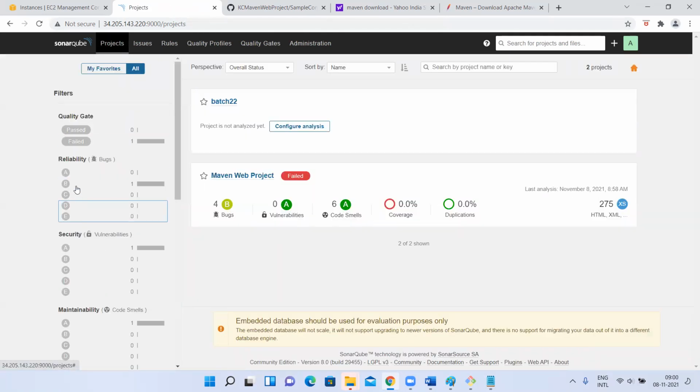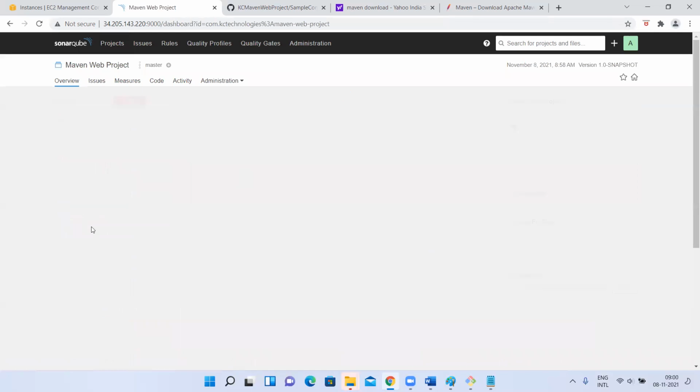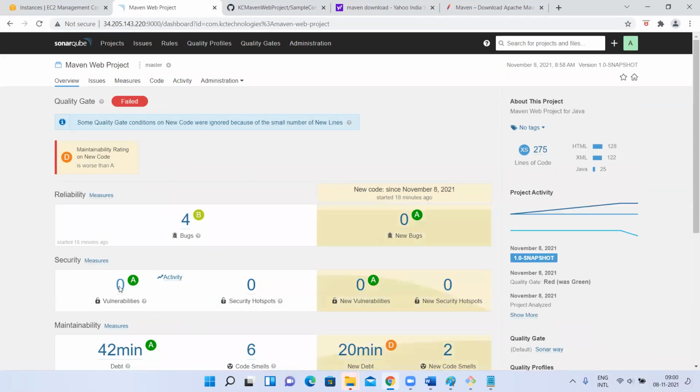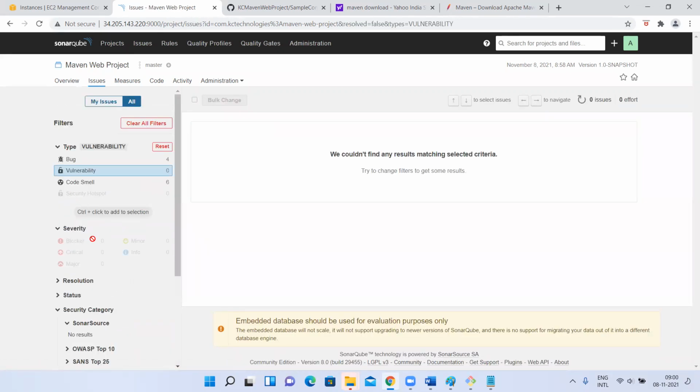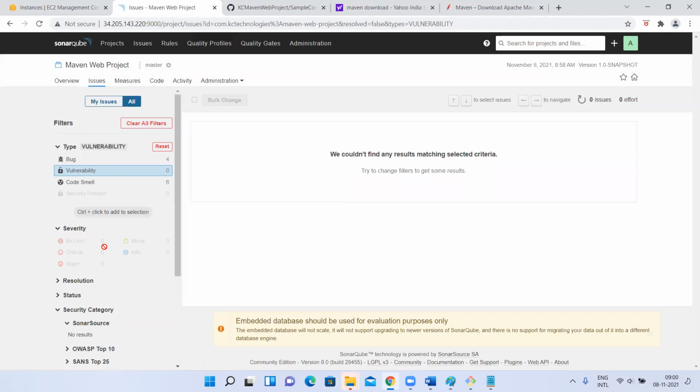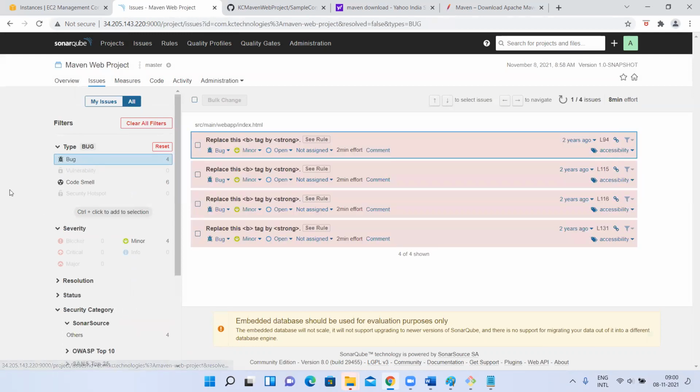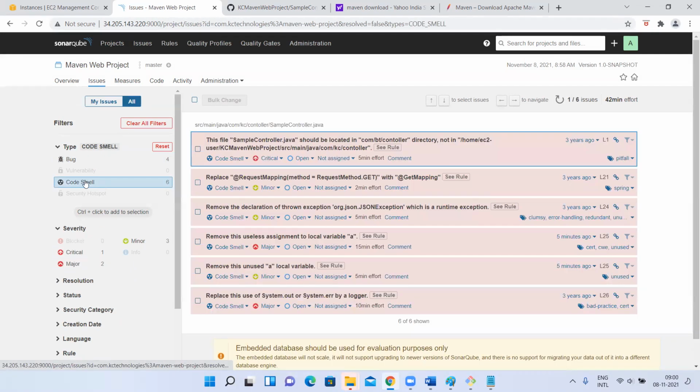So the main part is, inside your project, you have to make sure you don't have any severity issues. You should have blockers, critical, major at 0, right? It is not refreshing properly. There is one blocker it showed, right? Bugs, if I select, it will show categorized. It's not showing now. Something strange here. So if I select this code smells, it is showing there is one critical issue, two major issues. You have to go and fix everything.